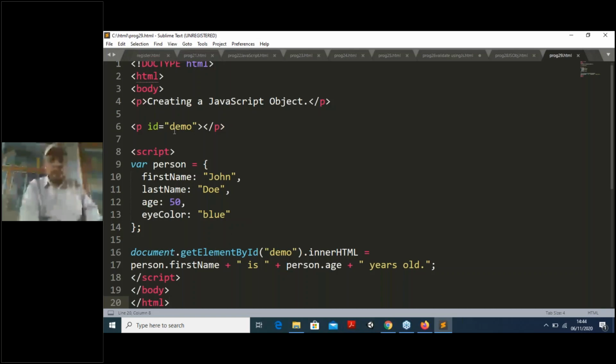So only the ID name you have given, the demo, you have to remember, and the same thing you have to write here. What you write here, the same thing must be here. For this, dot innerHTML equals, so this is the syntax to call the variable for this ID. Okay, so I am using this technique like person.firstName, that means my name is Gunamanise,